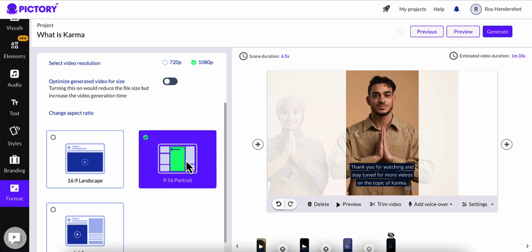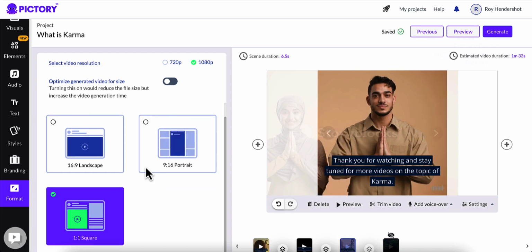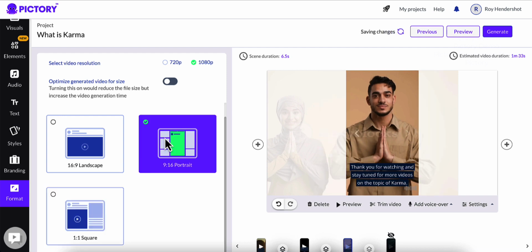So you generate the 9:16, but then maybe you have an Instagram account that you want to do the same video for, but you don't want to go back and redo the whole video again. Well, you just come back to the video, and you can do a 1:1 square, just select that, and see that changes it right then and there, and then you'll just generate from there, and it does it all over again, which is really cool.